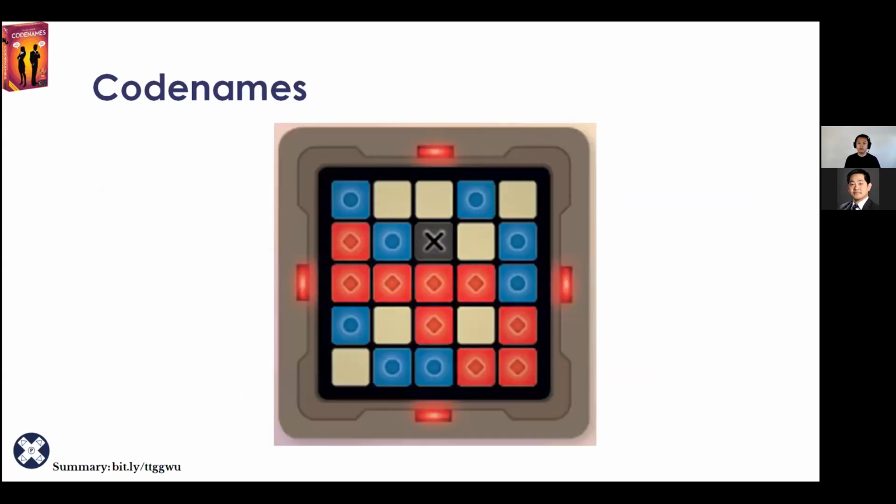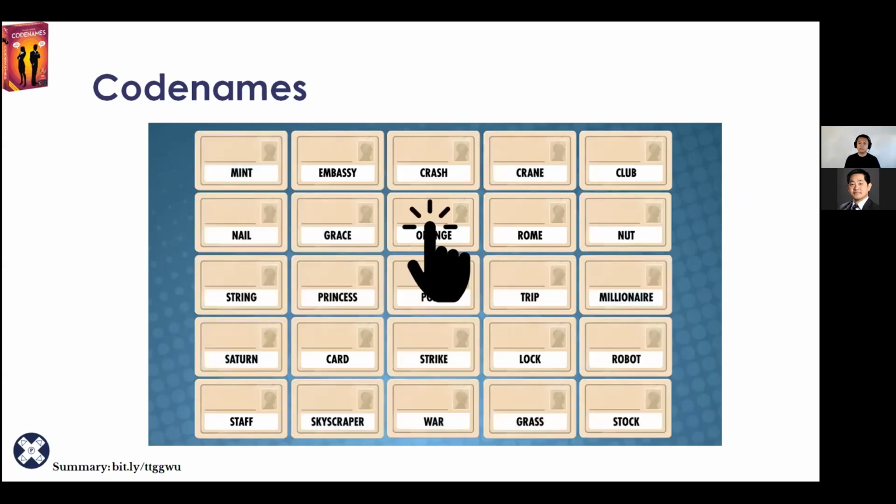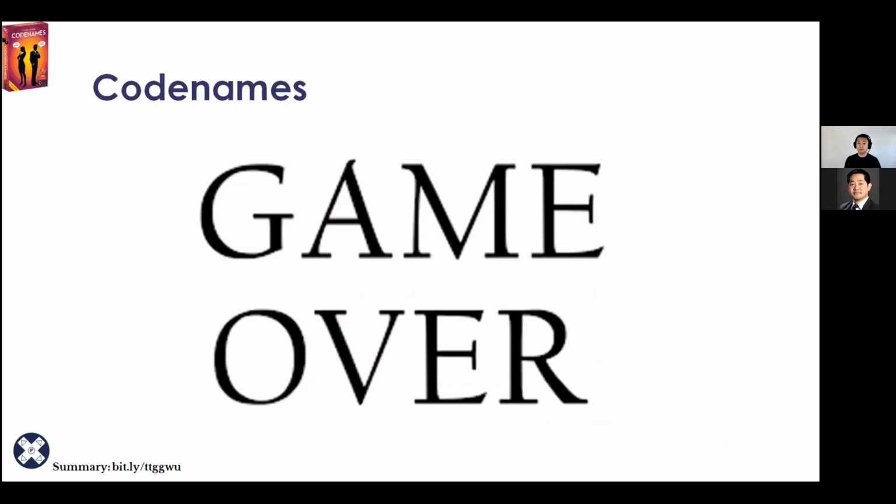So let's go to it again here. We know on our card that this card here, in the middle column, second from the top, is the assassin. So in the game here, the assassin is this orange card right there. Say one of our teammates were to tap that orange card, we would put down the assassin, and that would be game over. So red team would instantly lose because we tapped the assassin card.